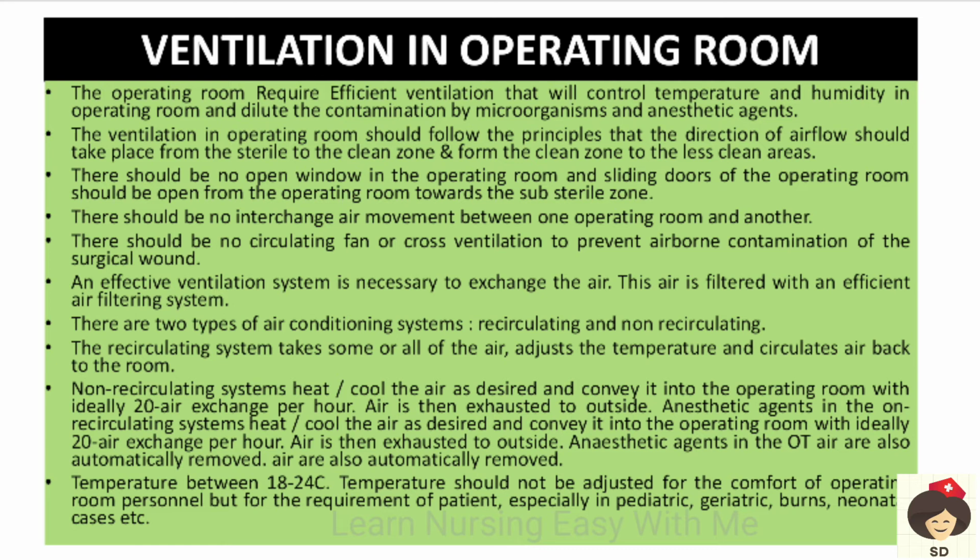Okay, and ventilation. So there should be adequate ventilation, and also the temperature should be controlled, a lower temperature should be there, and there should not be humidity in the operating room. So all the principles of ventilation should be followed. So there should be a recirculating and non-recirculating system for the air. And always, if there are 2 or 3 operation theaters near each other, there should not be ventilation between 2 operation theaters, because some airborne particles can shift from one place to another.